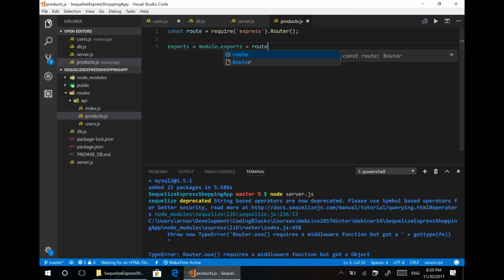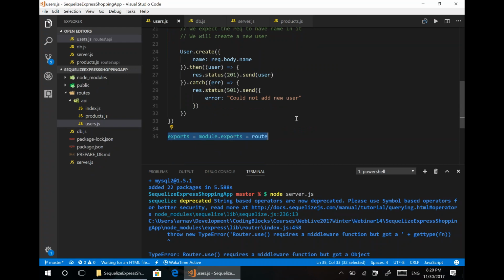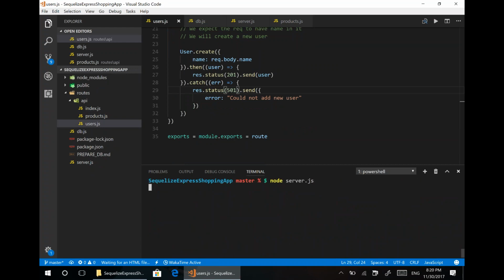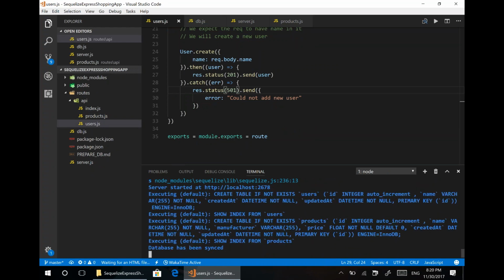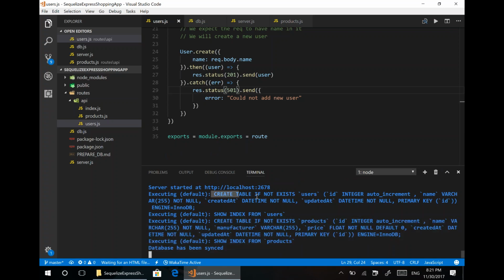Okay. So in users, that is already being done here. There is no error in the users file. Let's run it again. Node server.js. Now, when we start this, you will see something very interesting in our logs. Are you able to read some SQL commands here? As you can see, some SQL commands have run. Create table if not exists users, ID integer auto increment, name varchar 255 not null, and then